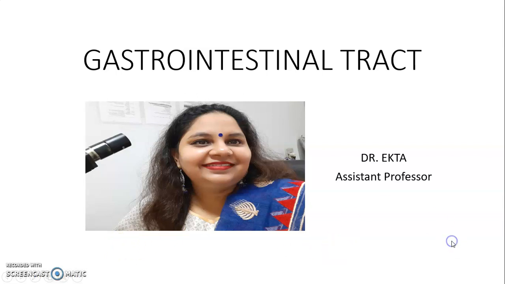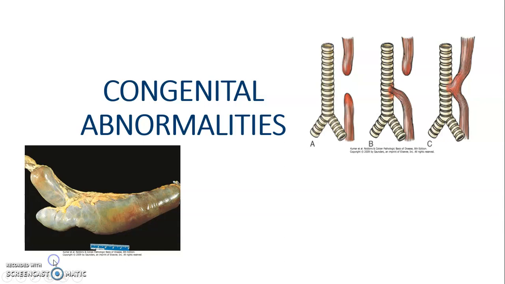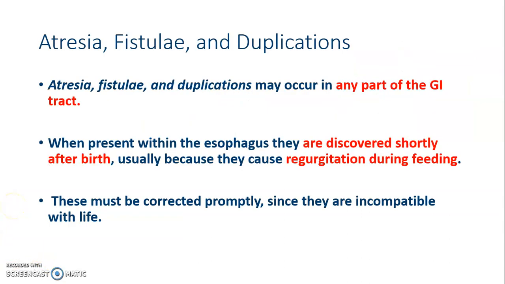Hello students. So we are going to start a new chapter, gastrointestinal tract. So in GIT, first of all we are going to cover the congenital abnormality. In congenital abnormalities, the abnormalities are atresia, fistula, duplication. They occur in any part of the GI tract